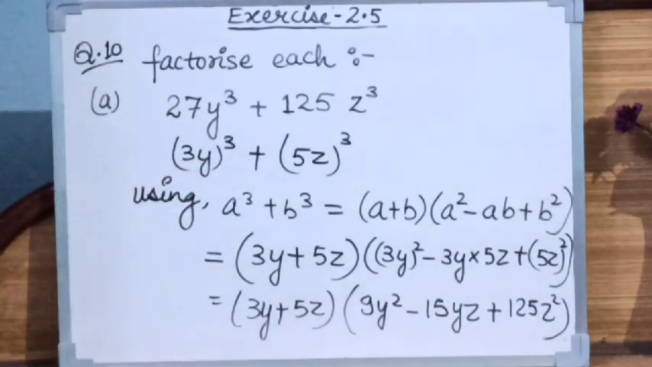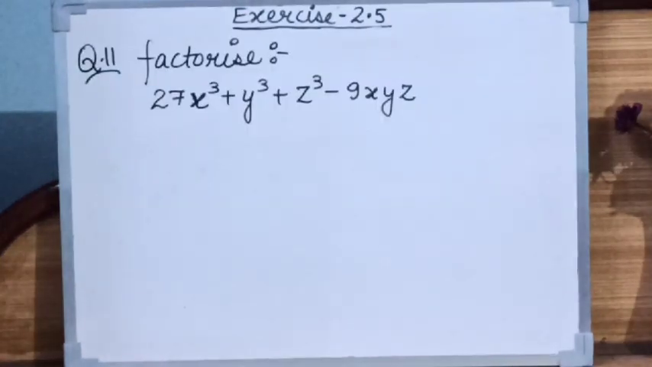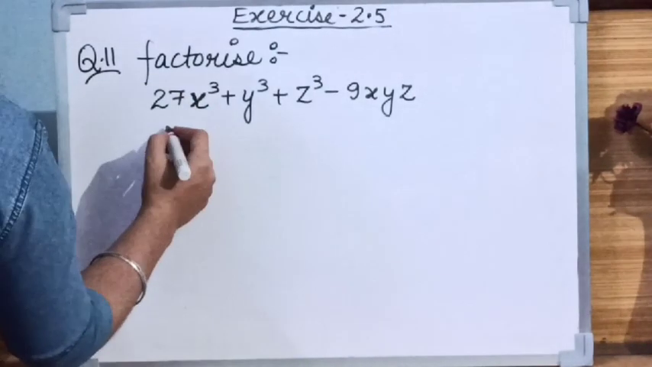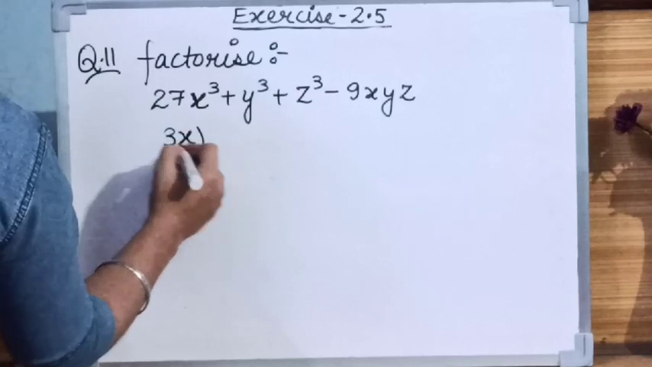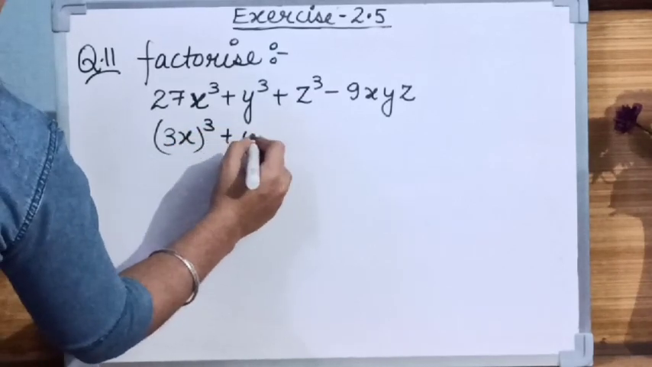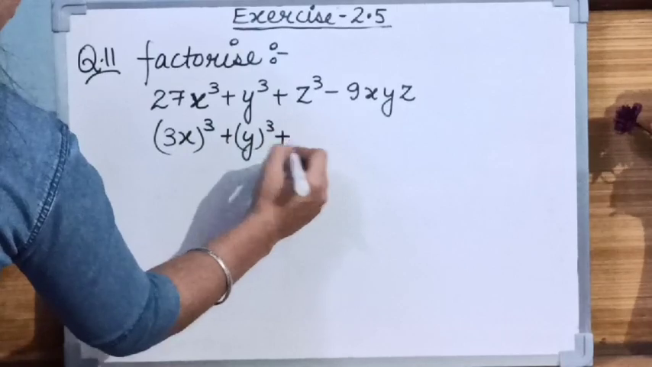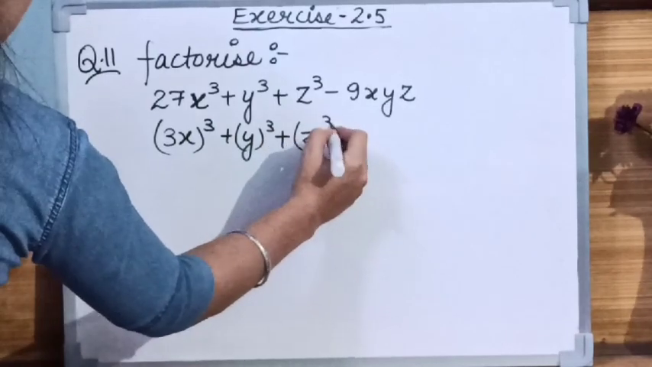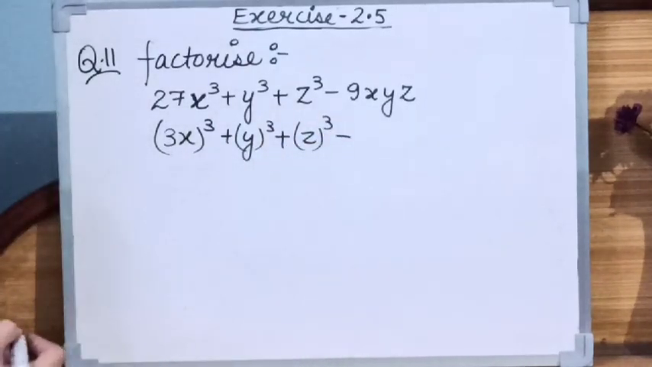Okay, now we are moving to question number 11. Question number 11 is again factorize, and it is 27x cube plus y cube plus z cube minus 9xyz. So we can write it as, 27 is a cube of 3, so I can write it as 3x whole cube, and y cube is itself a cube of y and z cube is a cube of z, and then I am going to write it as